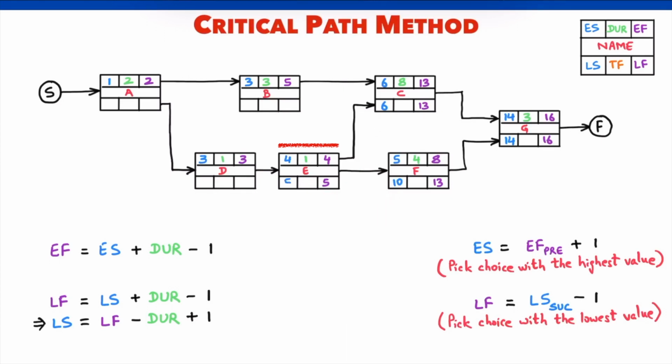We continue backwards with D, B and A till we reach the start of the project. We are done with the backward pass. Let's calculate the total float now. It is late start minus early start. Therefore, for A, the total float is 1 minus 1 or 0. Similarly, for other activities, total float is